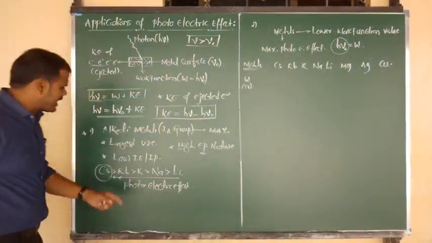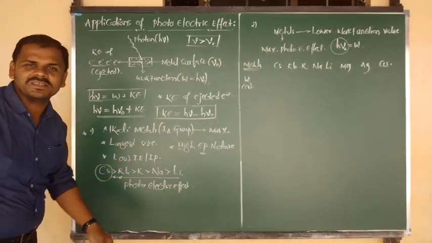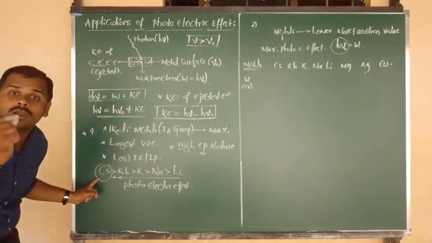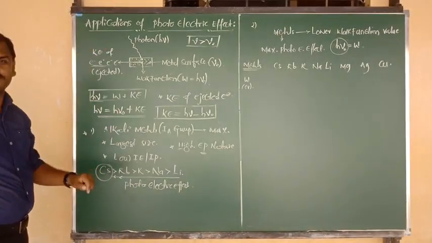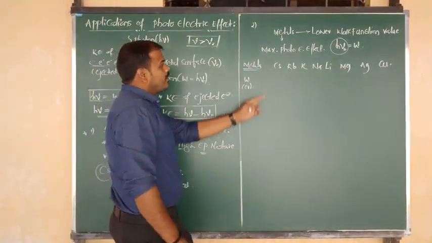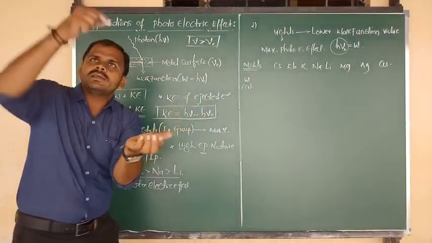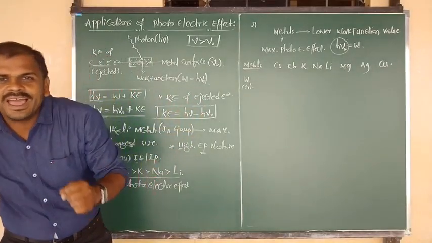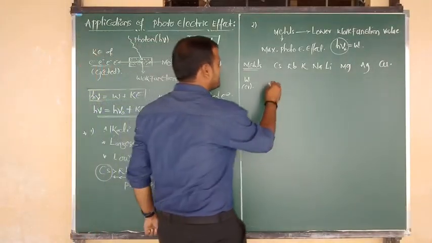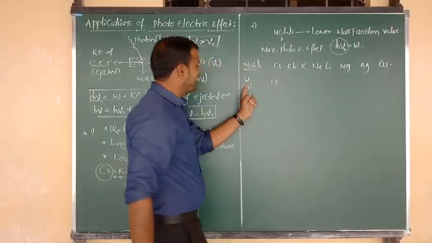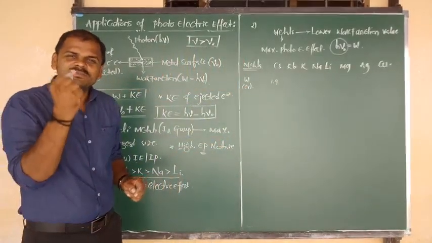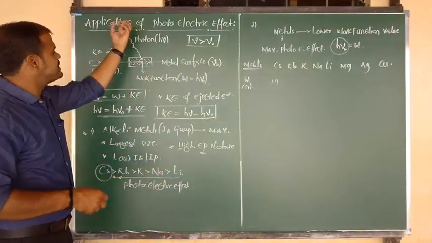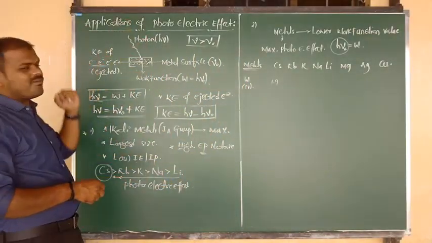Maximum photoelectric effect is exhibited by the alkali metals, and I have given the order also. Cesium contains low work function, that's why it shows maximum photoelectric effect. So I will give the values. From a cesium atom, by the fall of incident light, how much energy do we require to remove the electron? The energy is 1.9 electron volt. This much work function or threshold energy we require, and that energy was taken from the photon